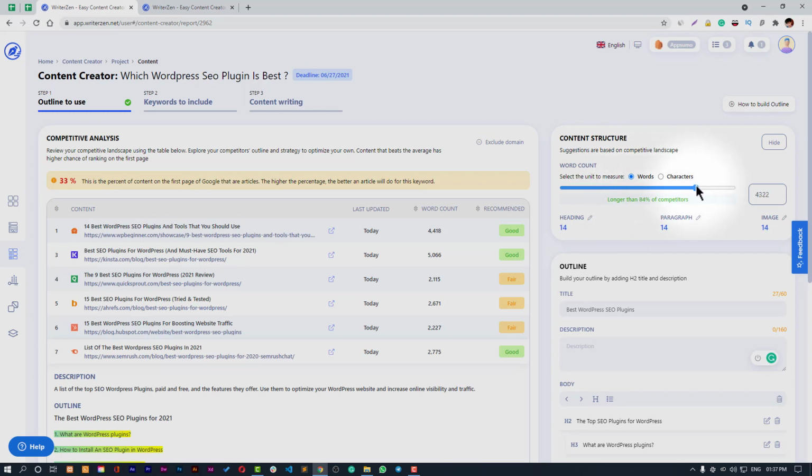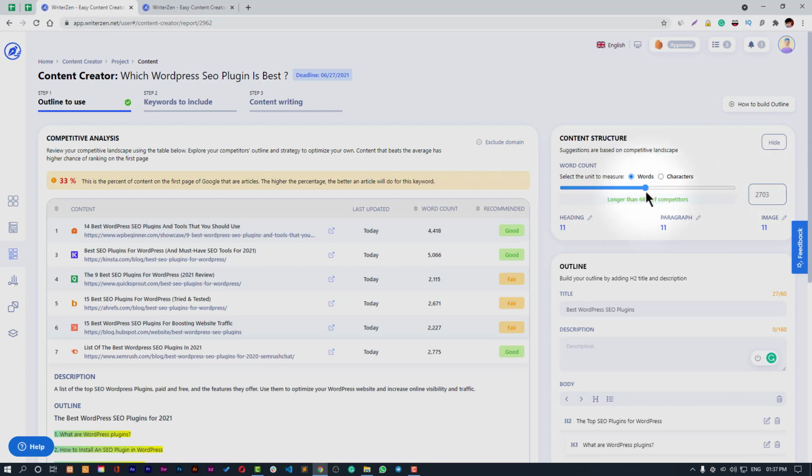And if you go with 5000 words, then there's no competitor who has written over 5000 words. Yeah, that's exactly insane. So if you go with this number of words, you will beat the competition in terms of the length of content, right?